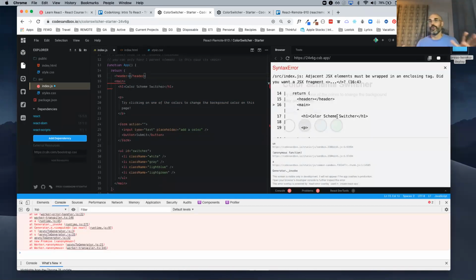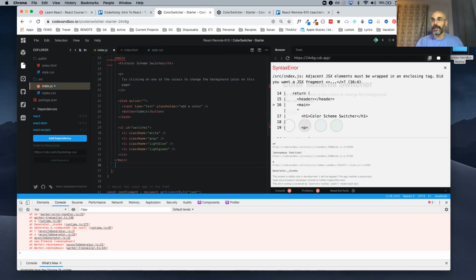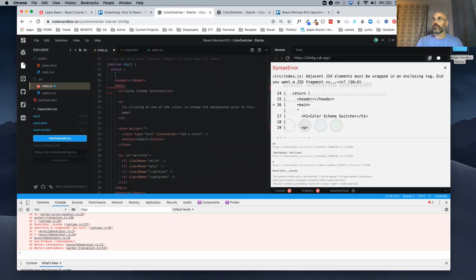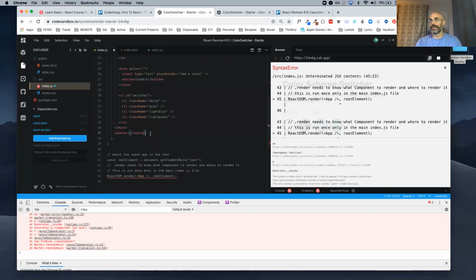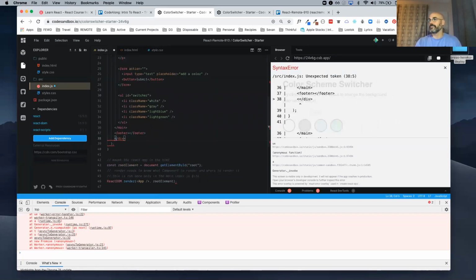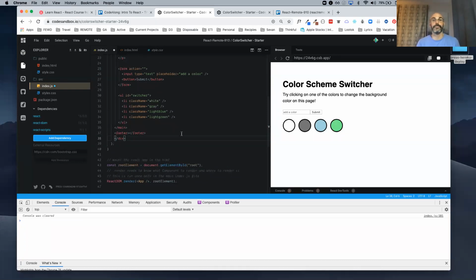It's going to flip out. React's like, whoa, JSX people, we have rules. You can't do that. You're not allowed to do that. If you wanted to have a header and a footer, right, because I know you want to build your app nice, then you would have to surround this in something else. I would have to say div, or whatever other element, since main is a pretty top level element. Div, oh, I have to close it. And then it works again.